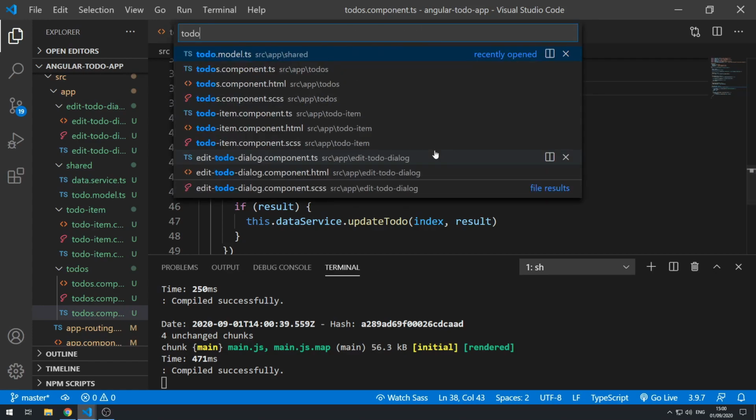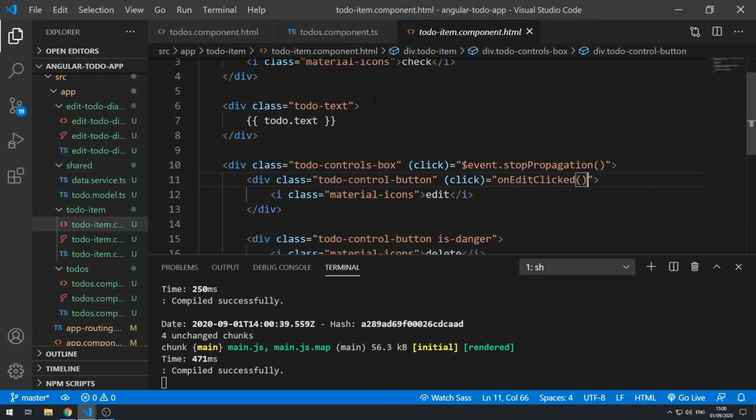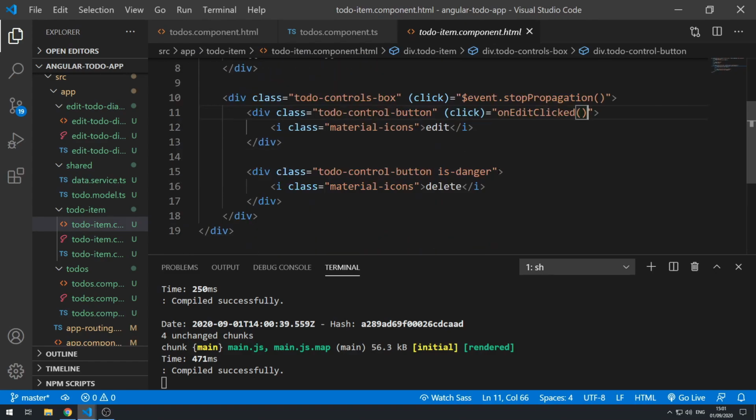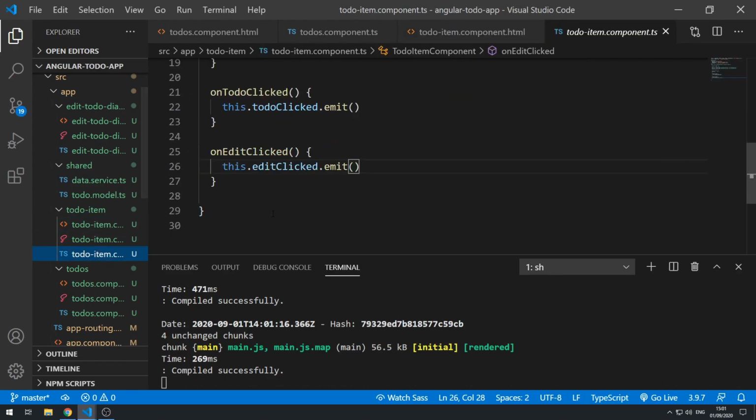So let's go to the to-do item. Let's go to the template and let's go to the delete button. And here, let's try and listen to the click event. And here, let's call a method called onDeleteClicked. And this is something we have to create. So let's save this and then go to the component class and create a new